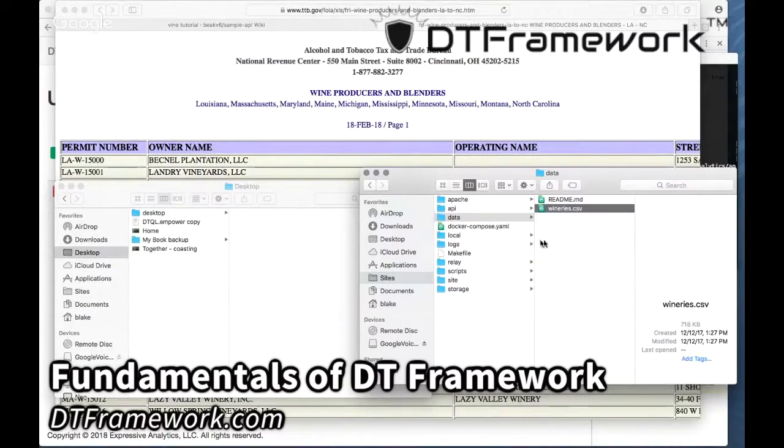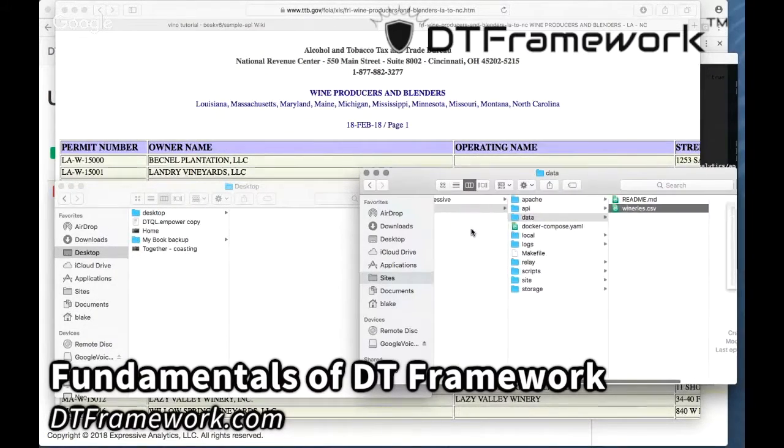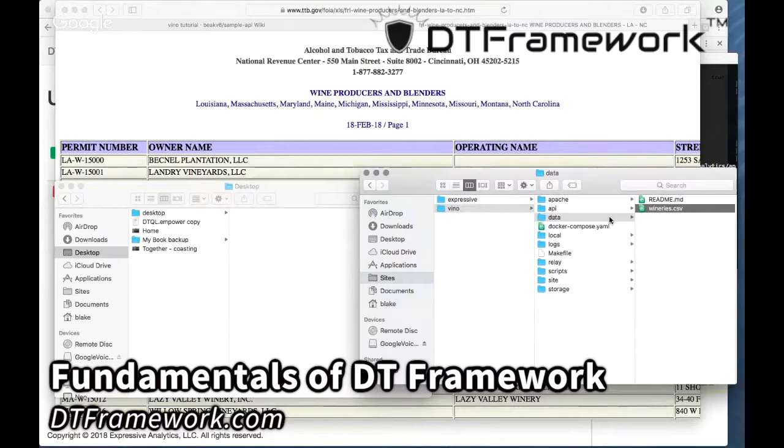We like to put our data inside of the data folder of the project. And one of the reasons for that is we don't put production data in our code repositories. So the data folder is not a repository. It's not going to get stored to source code. So we're safe to put big giant data sets in here and just keep a local copy and pass them